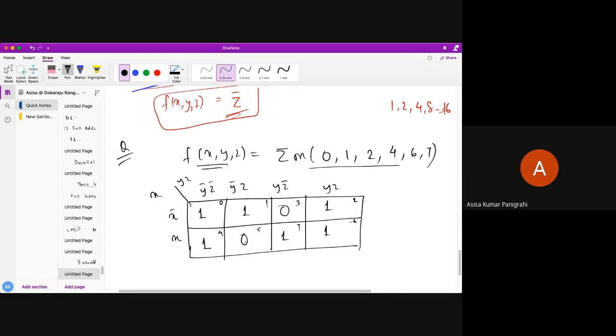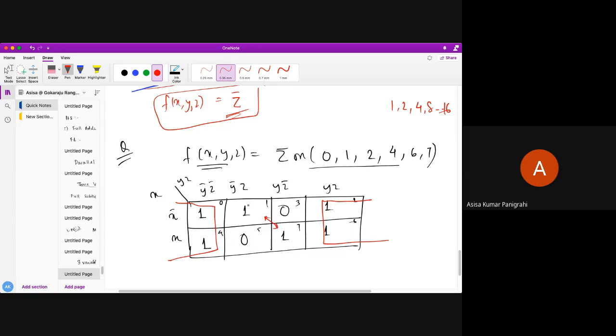Okay, so what you need to do is start combining. Just check here how I'm combining. All of you know that these corner min terms are adjacent to each other, so I can combine it this way. These four get combined. Now, how many min terms are left out? Here one min term is left out, here one min term is left out. I cannot combine it like this because these two are not adjacent to each other.